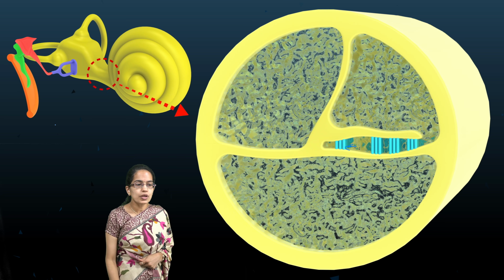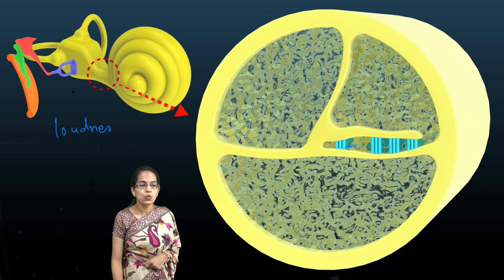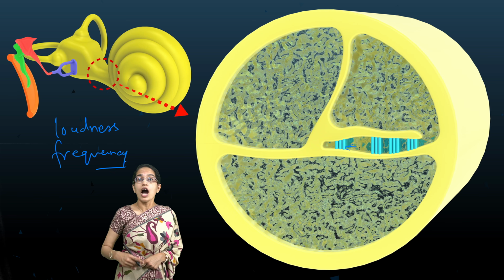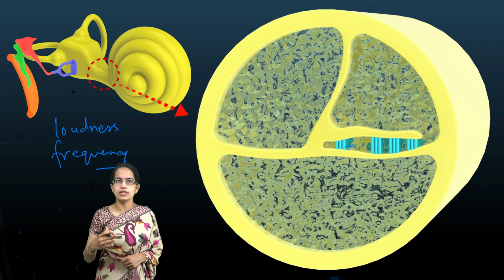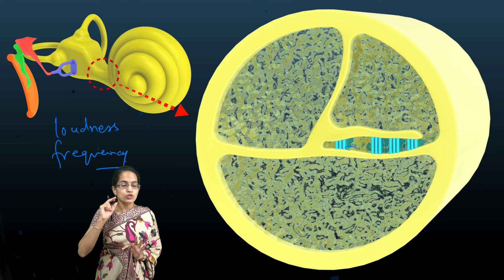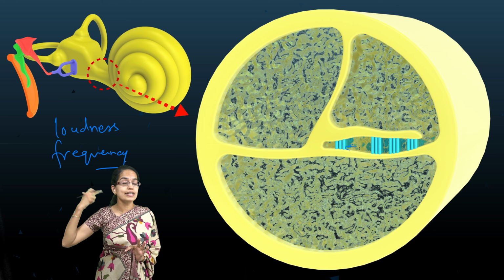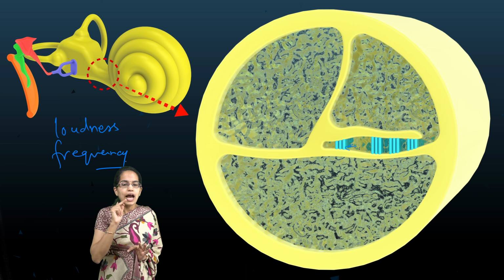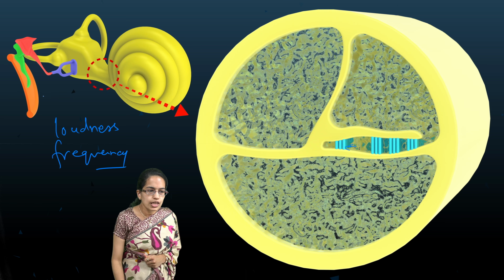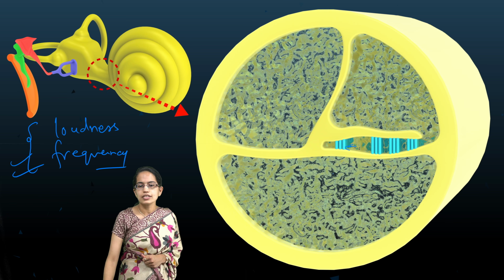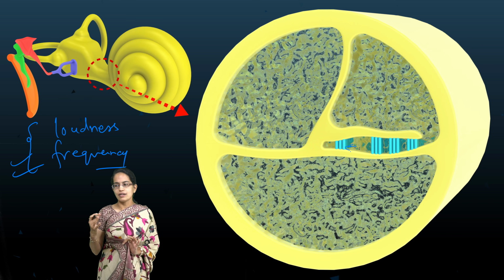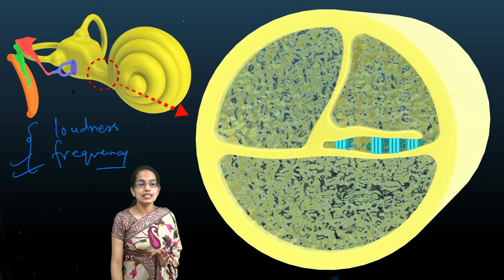So there are two important characteristics of sound. One is loudness and the other is frequency. So how loud I am and what is the frequency? Those two vary, and those two things are identified by the brain, and that helps us understand the process. Now both loudness and frequency are understood by these hair cells, and as they bend, understand this to be like the keys of a piano.